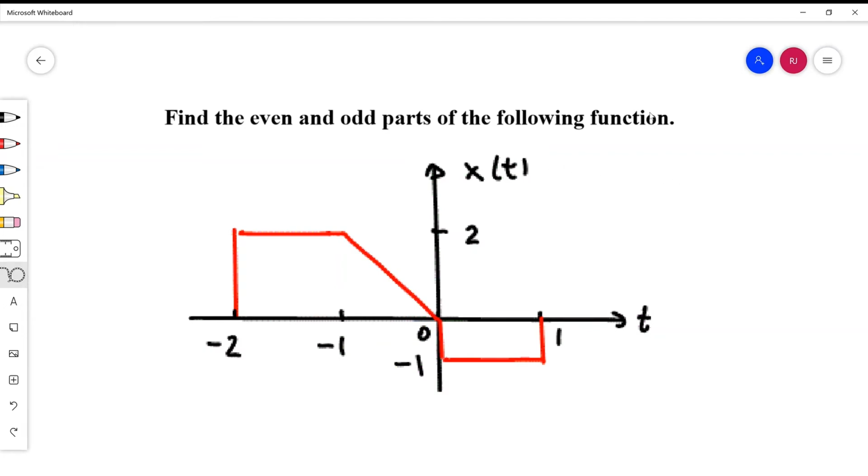Hi everyone, in today's video we're going to go over a signals and systems problem. So here on the screen, the problem reads, find the even and odd parts of the following function. The function is given to us as a graph, and we're asked to break this down into its even